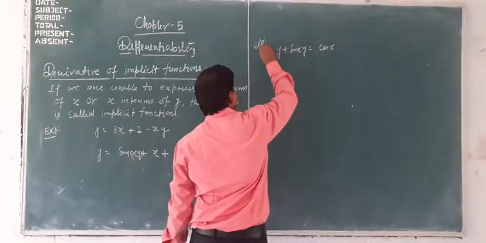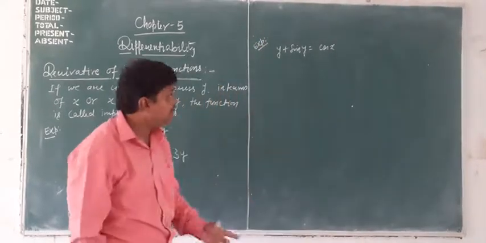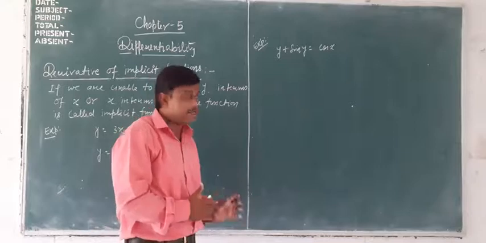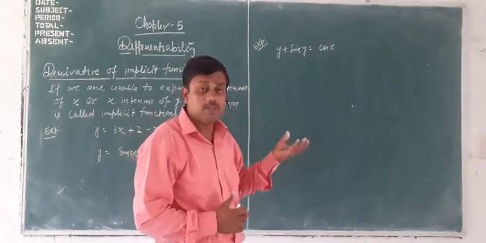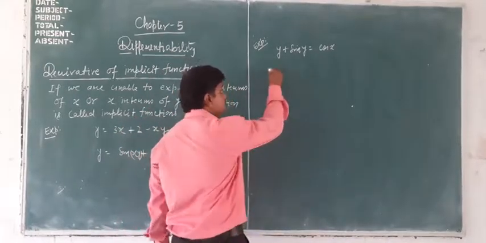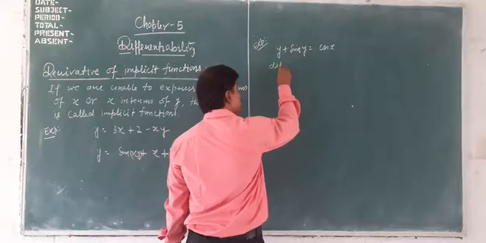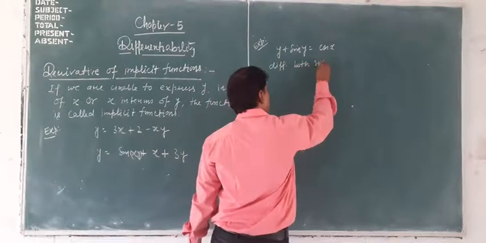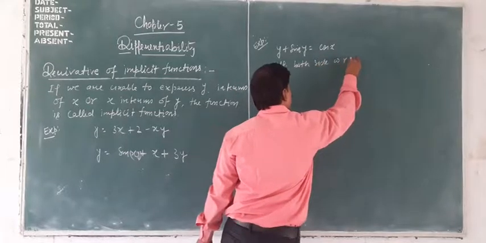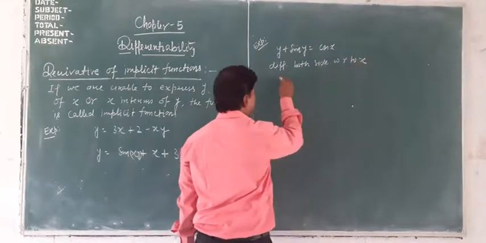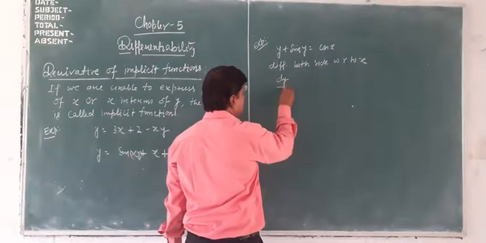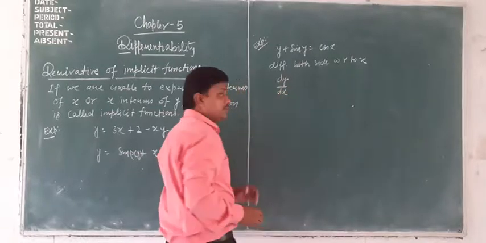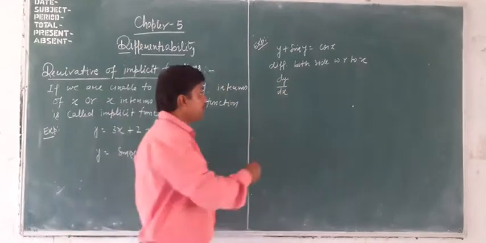I am using the same technique: we will differentiate that function with respect to x, both sides. So differentiation means the derivative of y with respect to x, dy by dx,